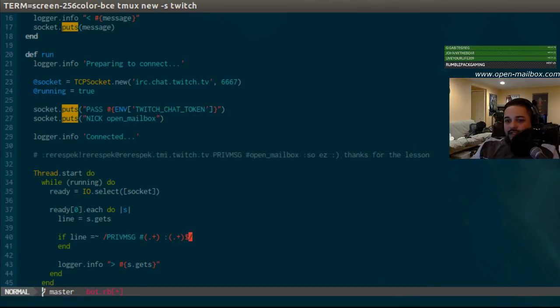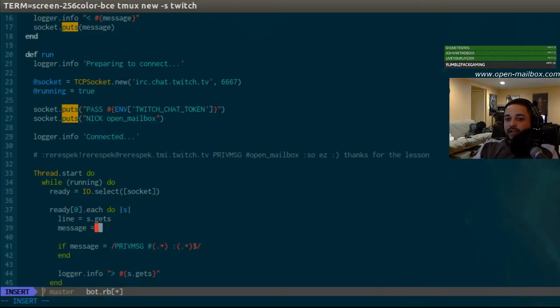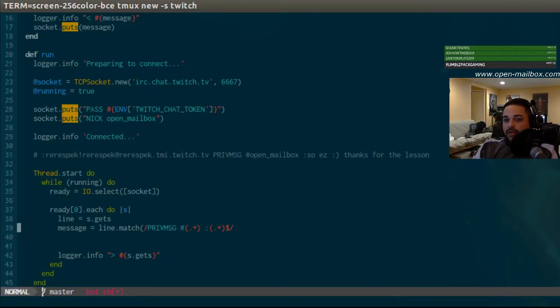All right. So what was I saying here? Right. We need to match this, right? So let's say if match line, or if let's say if message. That's wrong. All right. Line dot match. Okay. Message is line dot match that, and then if message is present at all, then let's be less confusing here.